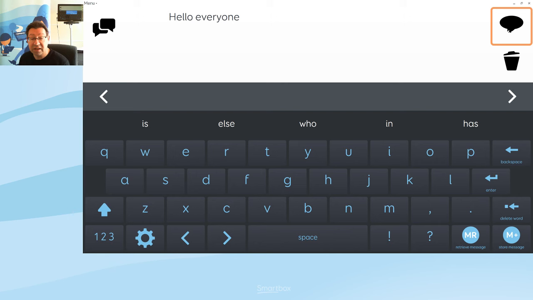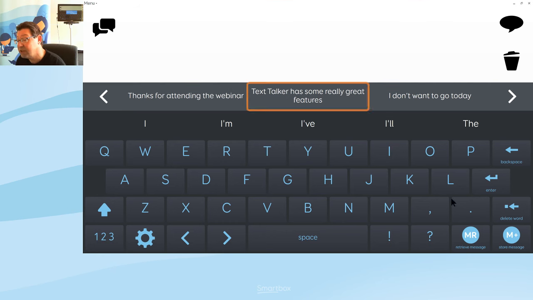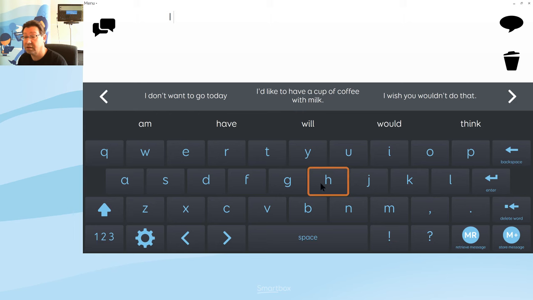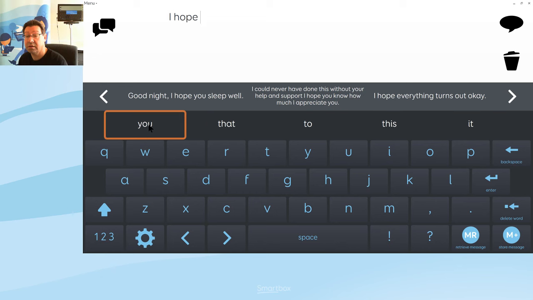So the last thing that I want to do just before we finish is show you a quick way to temporarily store a phrase. So this is, imagine that you're halfway through writing a sentence and you're interrupted and you need to quickly answer a question, but you don't want to lose what you were already saying. So we've got these two buttons in the corner, which are kind of like the memory buttons on a calculator. So let's say I'm working on a sentence like this. I hope you